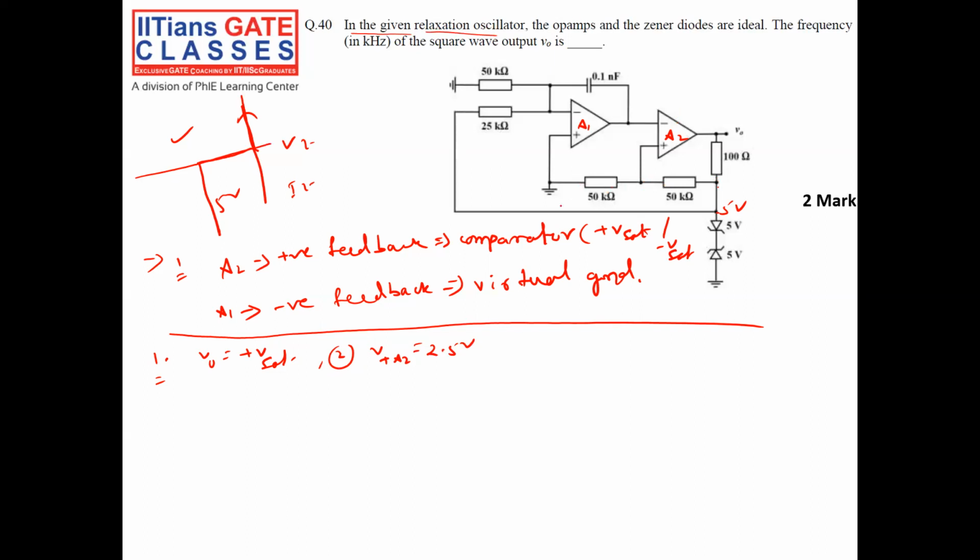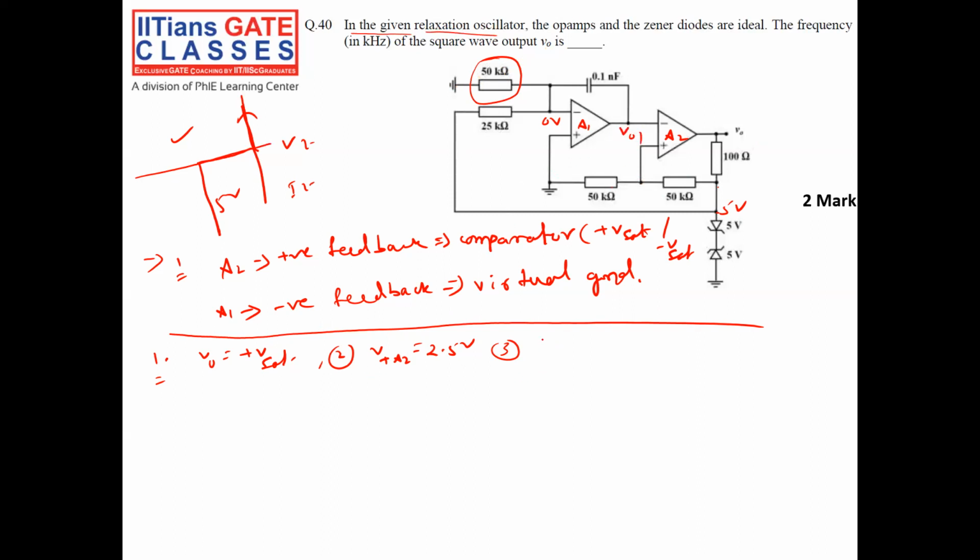Clear? Here second step. Now, since A1 is operating in negative feedback, it obviously operates on the principle called virtual ground. That means since it is 0, I will get 0 volt here. And since 0 volt is here and 0 volt is here, the 50k is just a redundant thing, of no use. The resistor is connected between two grounds, so it is no use. So 50k is gone. So third step: first step is plus Vsat, then I got A2 is 2.5 volt. Third thing is, what is V output 1?